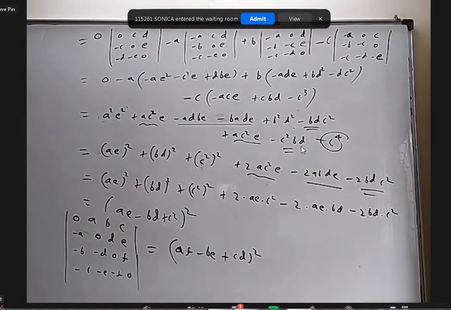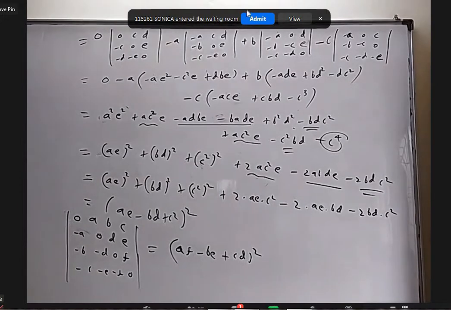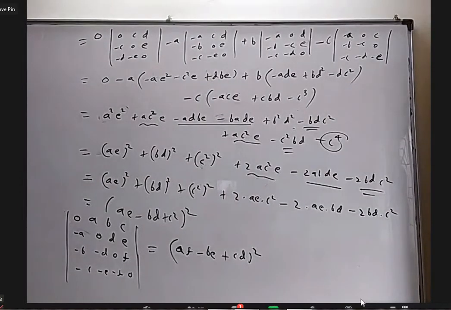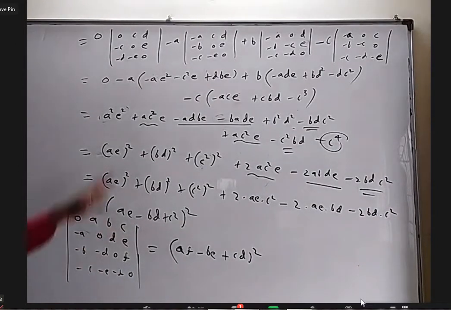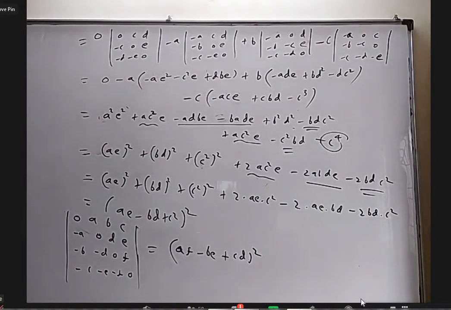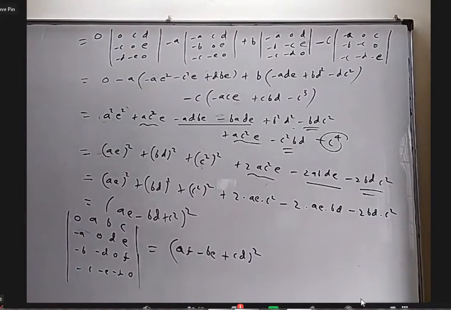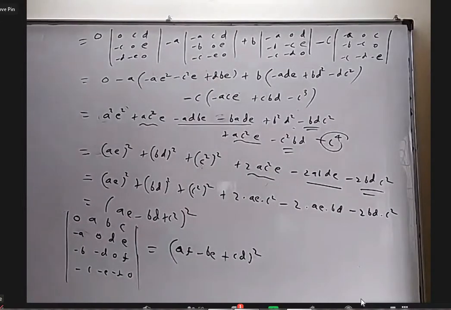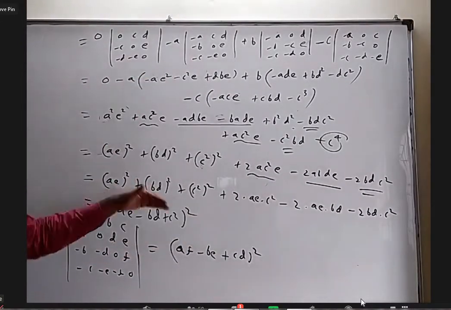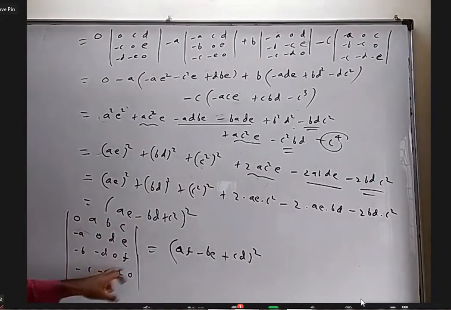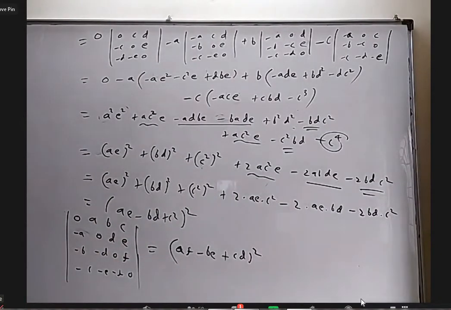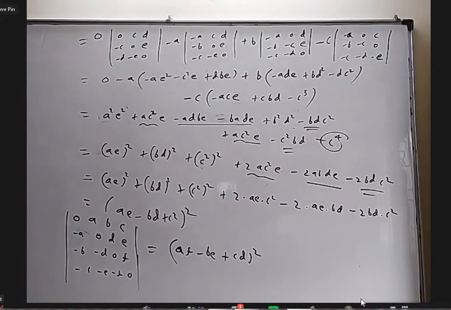Okay, my point is so that at least it stays in your mind that a skew symmetric matrix of even order is not 0 and it is actually a perfect square. For 2 by 2 we got A squared. For 4 by 4 we got this perfect square for the given one, but if you take A, B, C, D, E, F, you would have got it like that. Okay, so that will stay in your mind. That's the only reason.